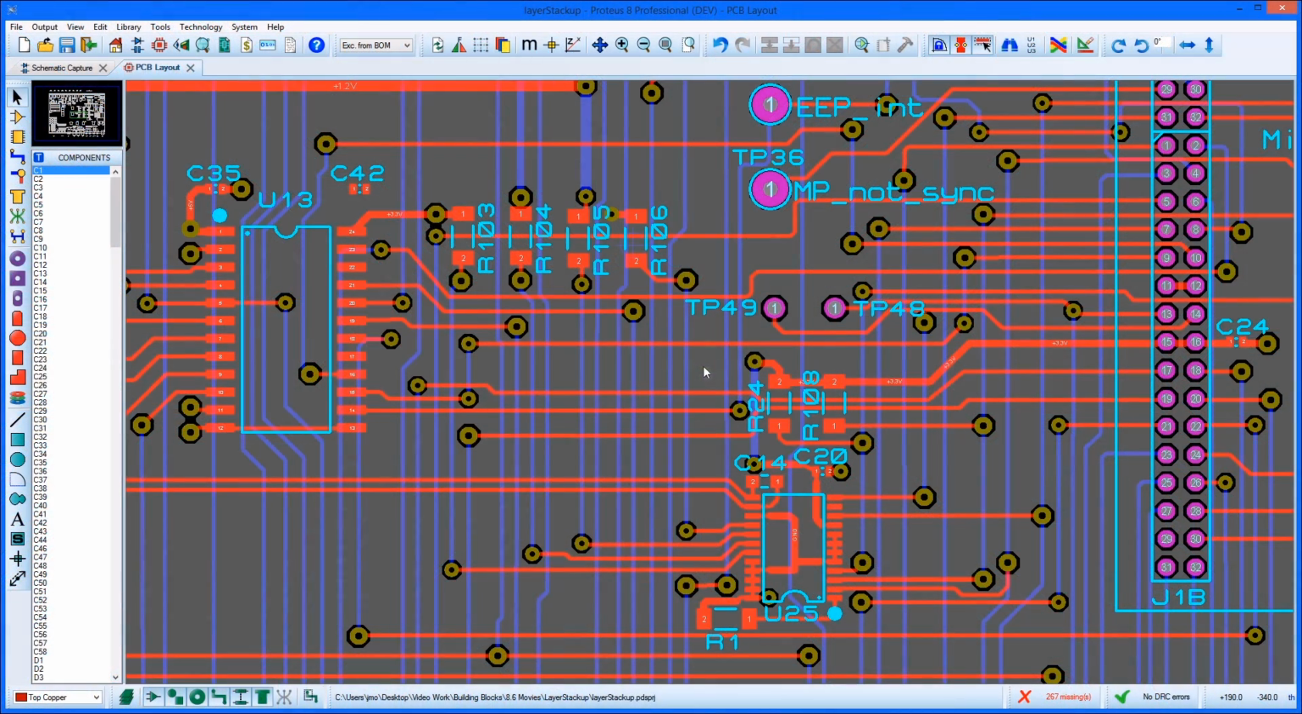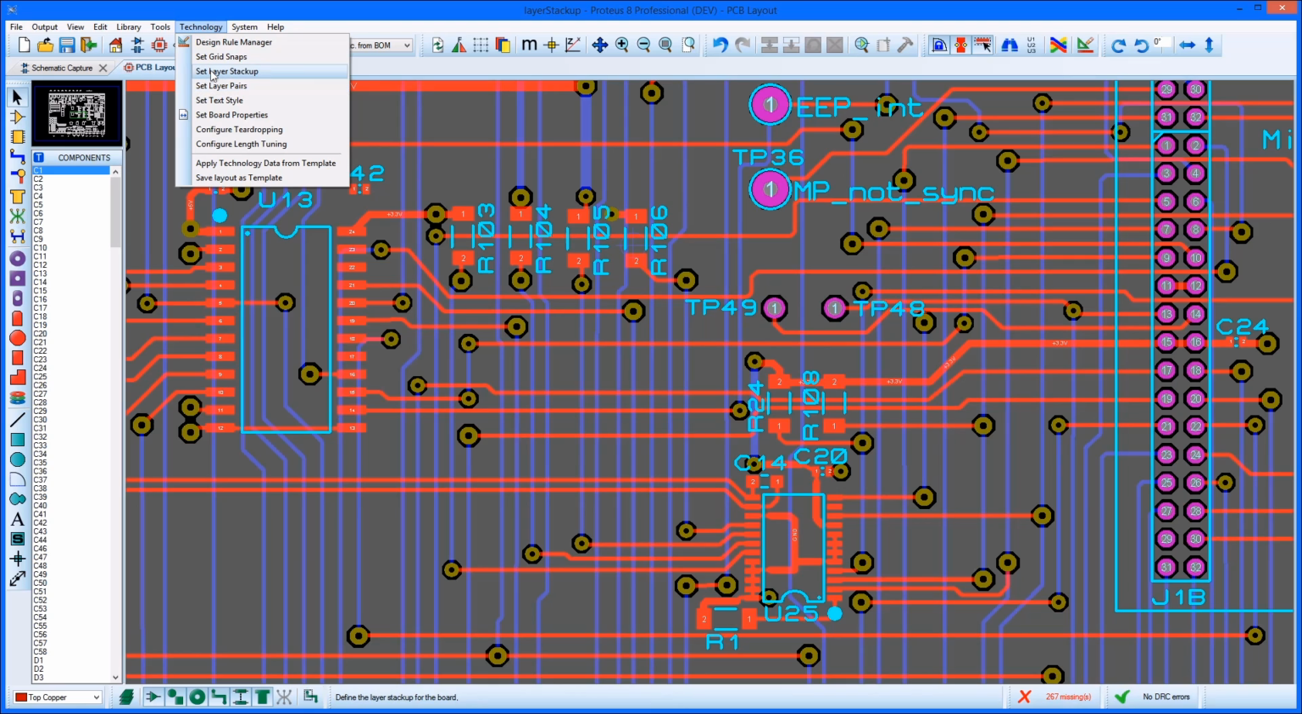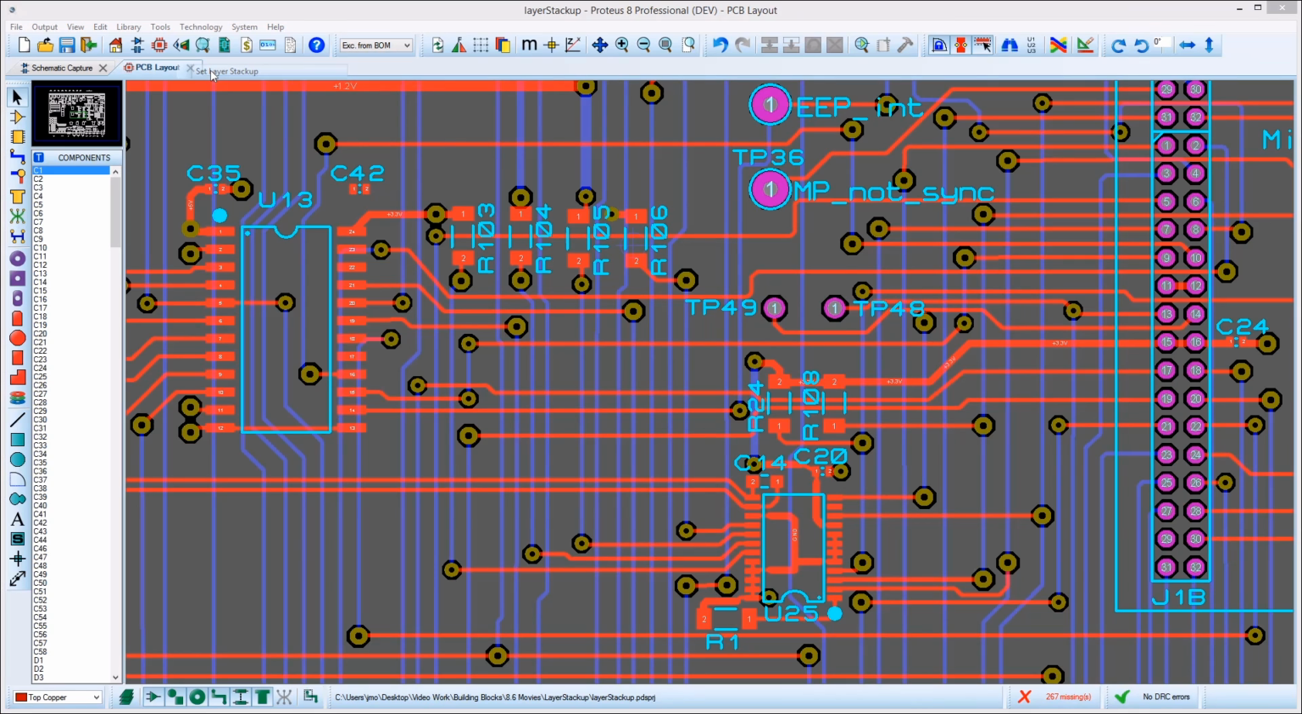The layer Stackup Manager in Proteus enables users to provide more information about their PCB and how it will be made. It's also used by Proteus in various places during board layout. The layer Stackup can be launched from the Technology menu on an existing project and also forms part of the new